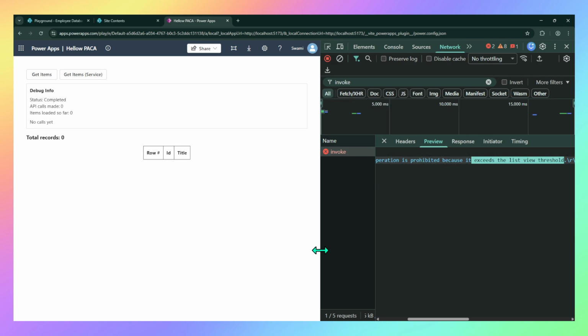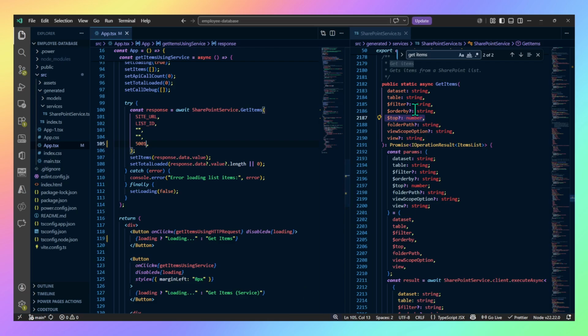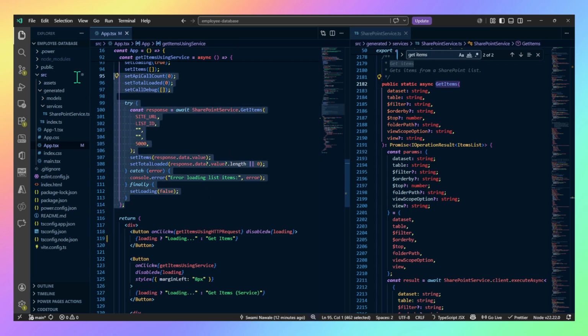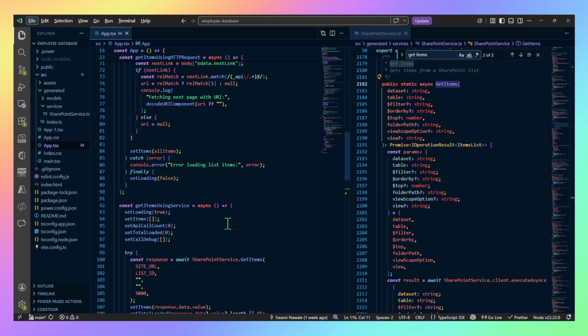But yes, I will show you how we can retrieve it. For this, we will not be using this getItems function, because here we hit the limitation that we can only fetch up to 5,000 items. And you might ask, if that's the case, I will just make multiple API requests, right? You can do that, but how will you know how many API requests you have to make? This is the point where you will face an issue. To overcome this,